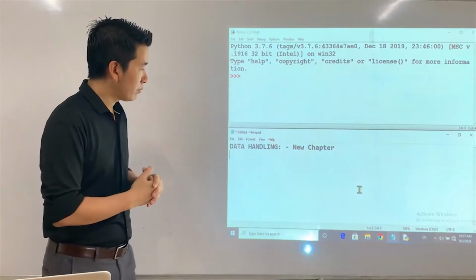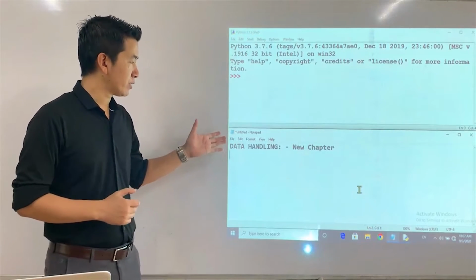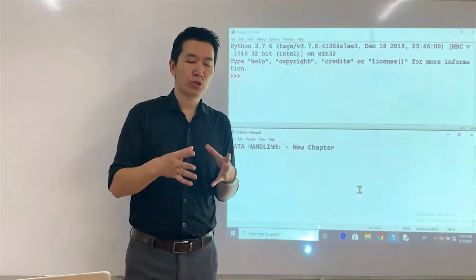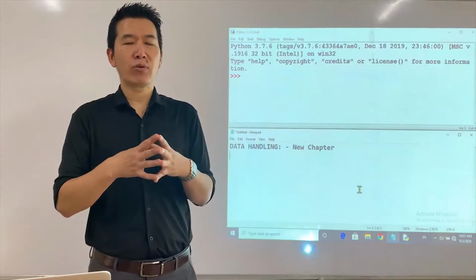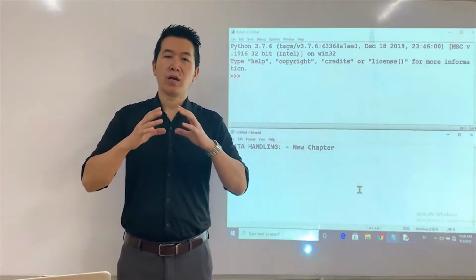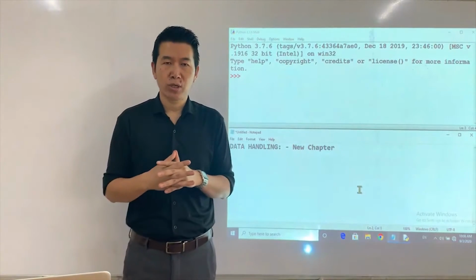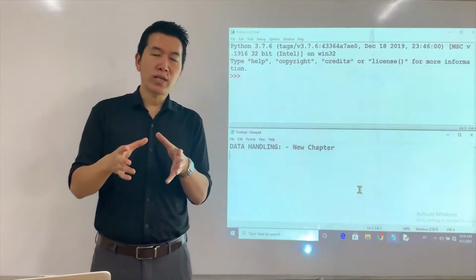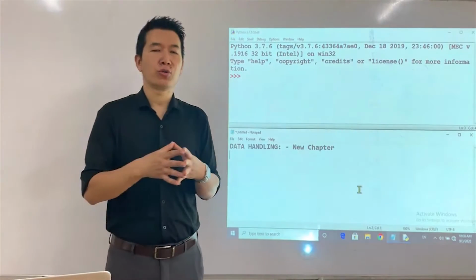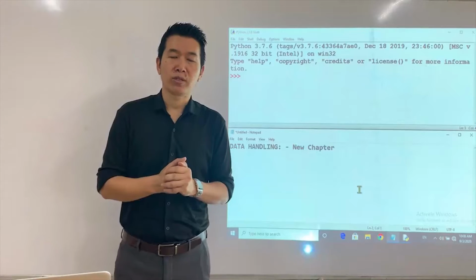Well, as of today, I'll be starting with a new chapter. The name of the new chapter is Data Handling. Having learned the recently concluded chapter of Python fundamentals, you should be pretty much confident with the basics of Python as a programming language. We have not only learned the basics, but we also have managed to learn some basic programs written using the